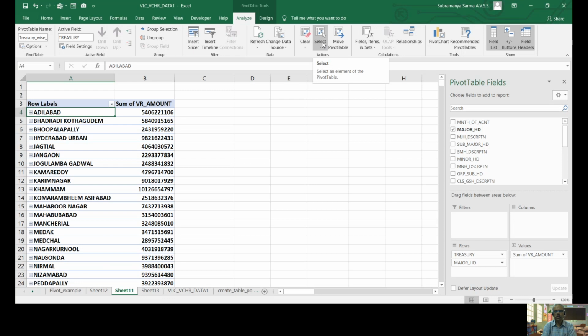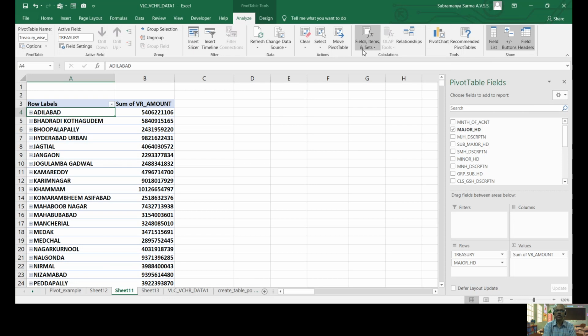There is no need to relook into your chart or do anything. Whatever data is visible in your pivot table, your graph also will change based on that. And recommended pivot tables automatically give some templates, so using those templates you can generate your pivot tables very quickly.